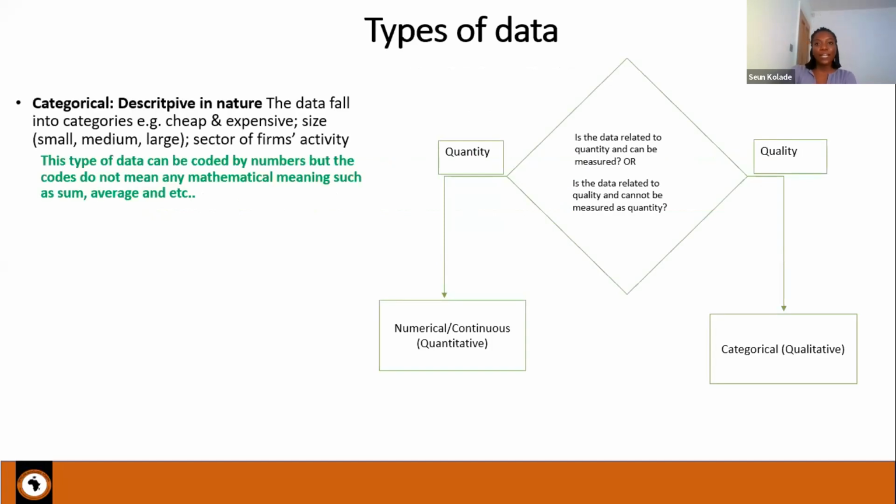Looking at the types of data that you come across, depending on whether your data is related to quantity and can be measured, it becomes numerical. Or if it is related to quality and cannot be measured, it becomes what is known as categorical. Now, categorical data is quite descriptive in nature. So it's the qualitative aspect where you've done your interviews or you're trying to measure certain items according to different categories that they fall under. Examples are whether something's cheap or expensive, whether something's small, medium, or large, or whatever sector an individual may fall under